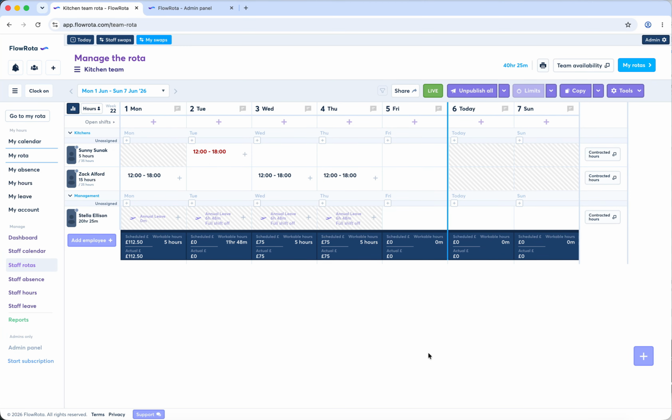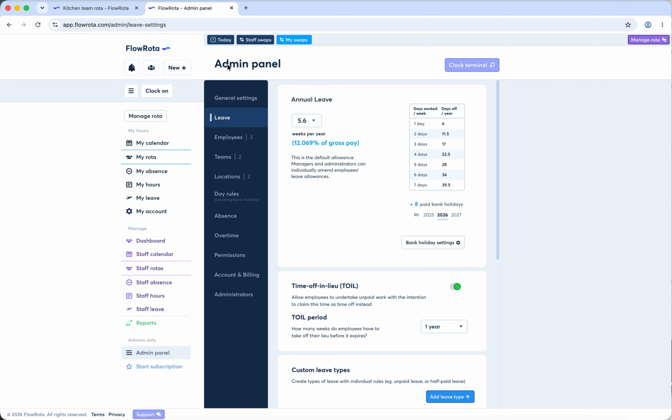FlowRota allows employees to work overtime and store the additional time as time off in lieu, commonly known as TOIL. This allows employees to take time back off future shifts while still being paid for their scheduled hours. To enable TOIL, first make sure the time off in lieu setting is enabled in the admin panel under Leave